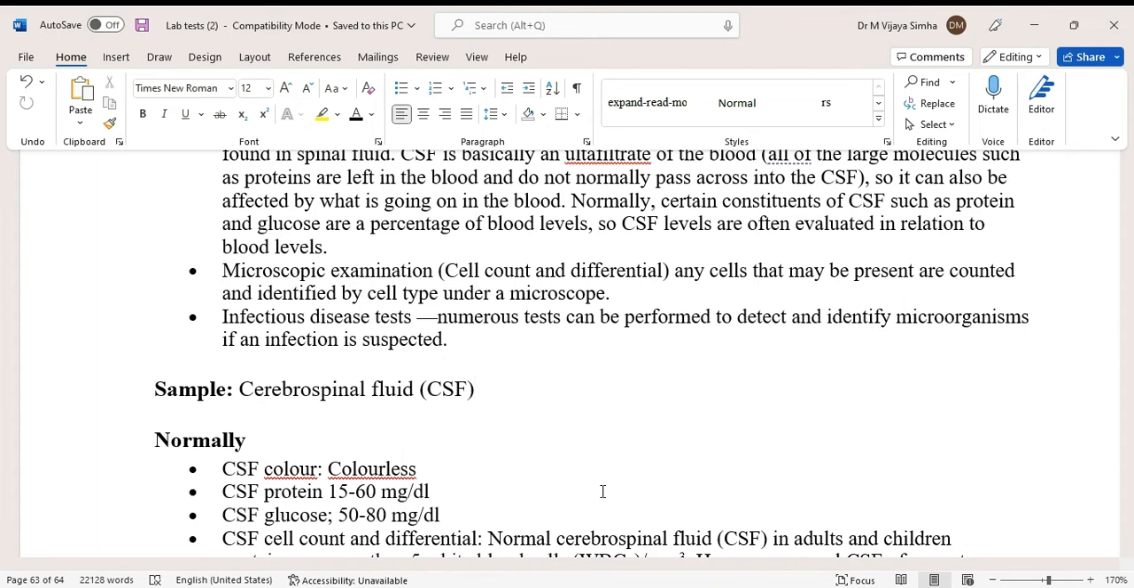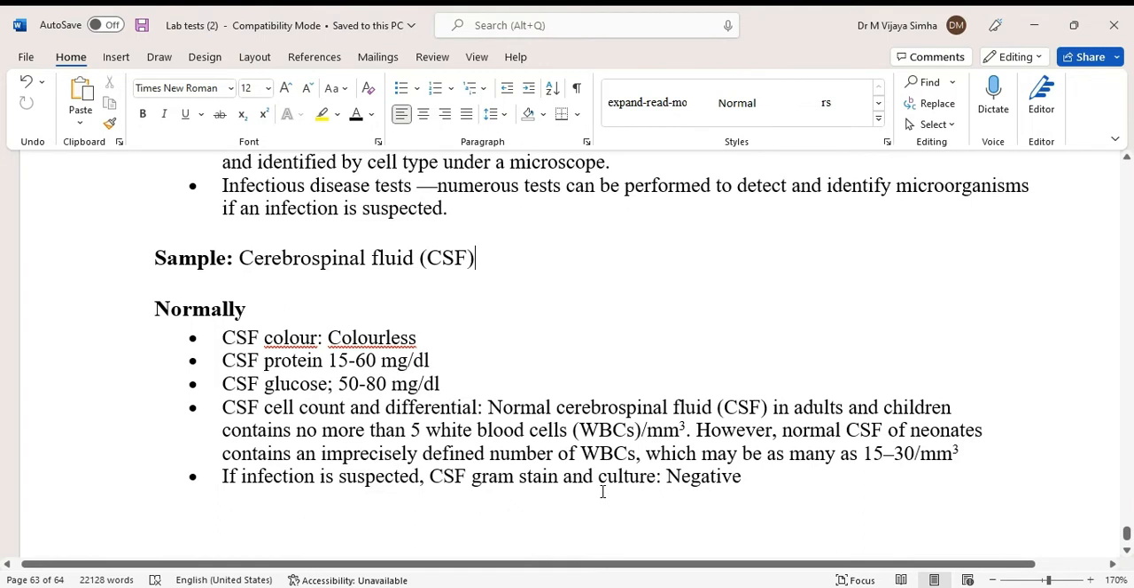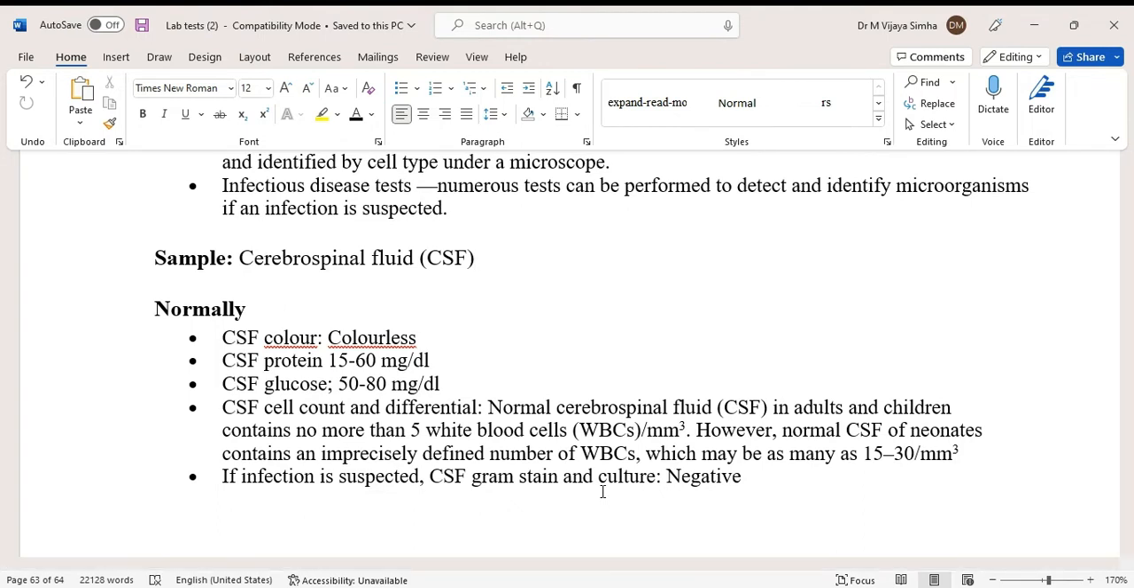Sample required: cerebrospinal fluid, or CSF. Normally, CSF color is colorless. CSF protein: 15 to 60 milligrams per deciliter. CSF glucose: 50 to 80 milligrams per deciliter. CSF cell count and differential: normal